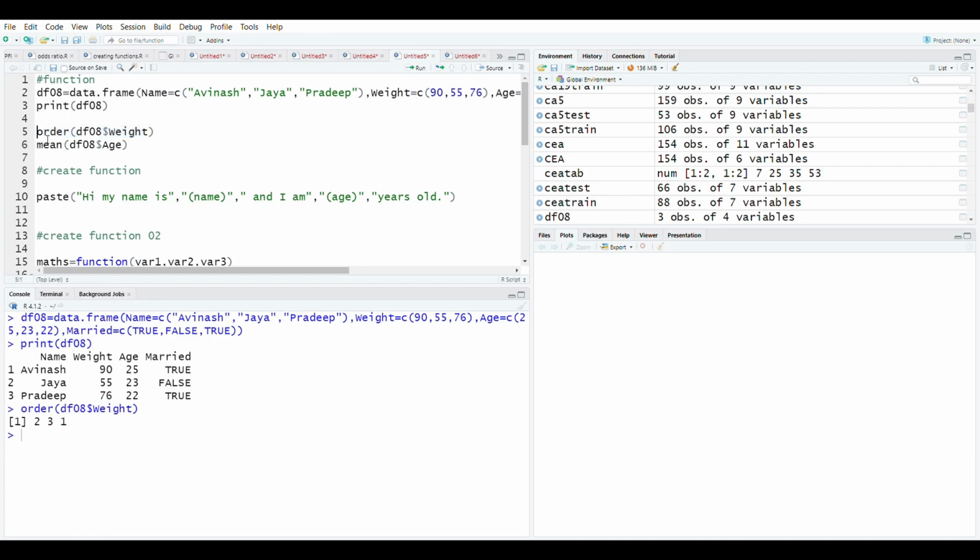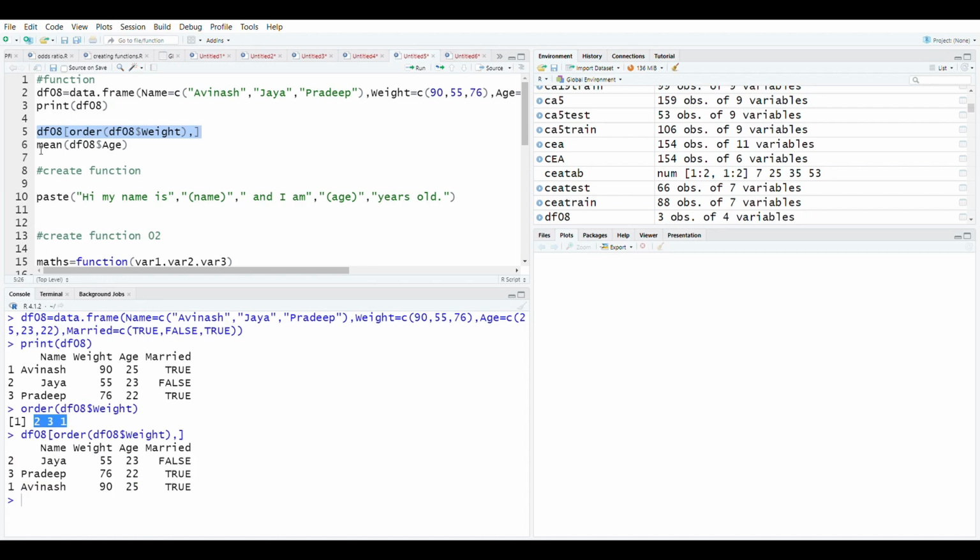Now what if we have to sort the data frame according to this order? So we will just add the data frame and use the order that we already have. Now let's run this command on the data frame. You can see that it has actually sorted the data with respect to weight. The first row has the lowest weight and the last row has the highest. In fact, it has given us this index 2 3 1, as it was given in the order when we ran